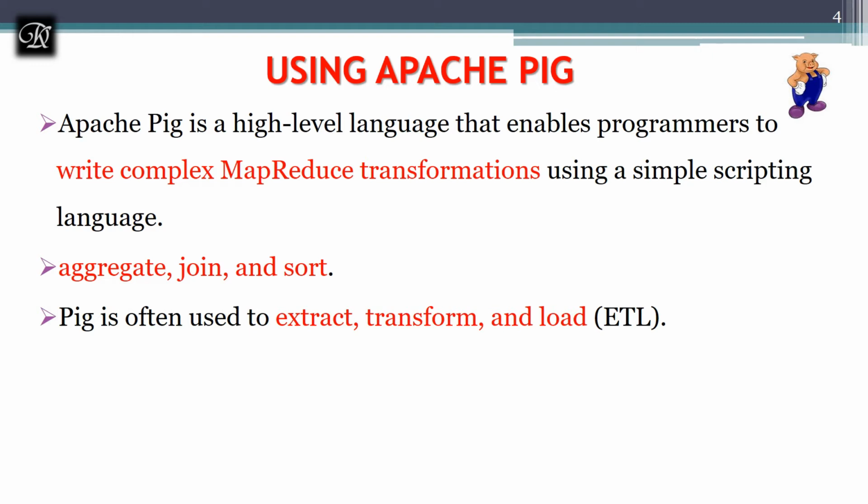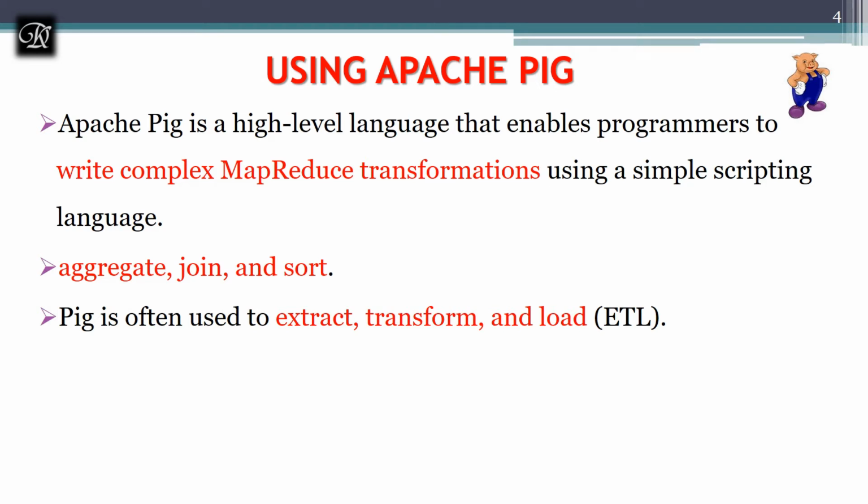Formats might be changed, or the content inside might be changed. Some data is only relevant to us, and some values inside the data are not relevant to our study, so we have to clean them. Some are missing, so again we have to handle the missing data. Those are all called transformation. Finally, after transformation, we load it into our respective algorithm which can process it. That is the ETL process. ETL is the standard term we highly use in business intelligence, which we will study more from the third module onwards. Here I'll just take the term ETL, and we'll discuss it more in the third module.